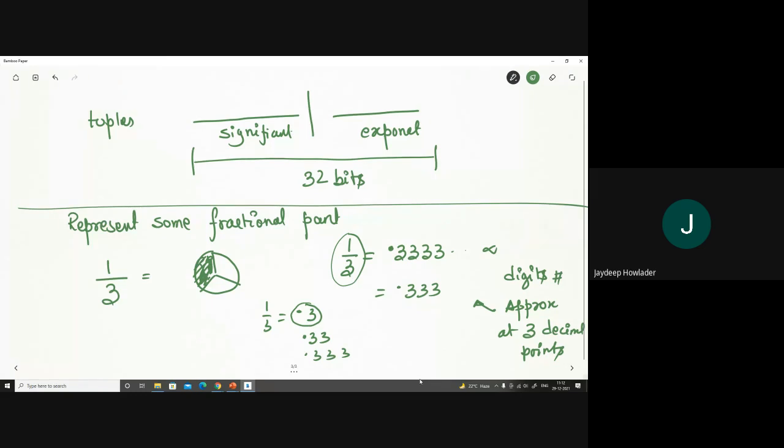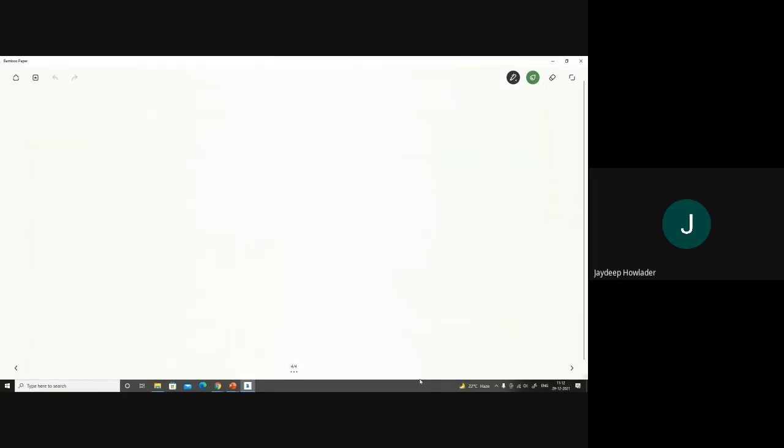Okay, and that is basically the practical scenario. So every floating point number or every real number, when we are representing these things, we are representing them as near approximations to the number. The computer, or sometimes, we are not computing the fractions as 1/3. We are basically computing the fractions in the form of 0.3, 0.33, etc.